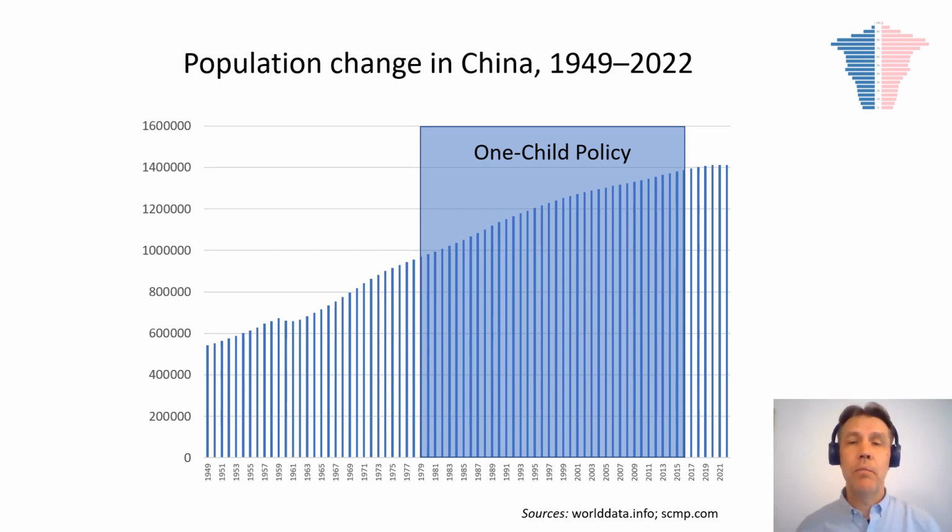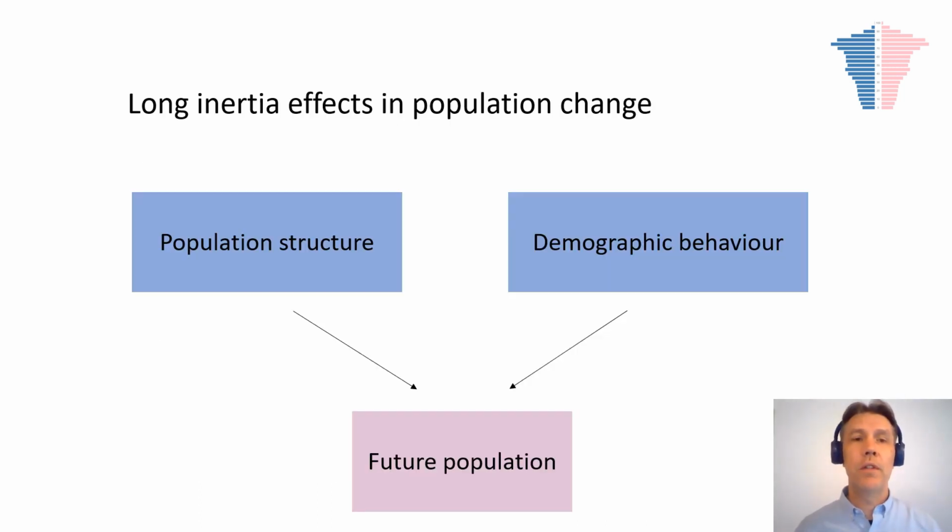And what comes into play here is the specific nature of demographic processes. Very often when we talk about policy, we talk about concrete behavior of the households when it comes to fertility, mortality, migration. But in addition to the behavior, it's also important what is the underlying age structure that shapes population progress. In other words, there is always a very long inertia effect in population change.